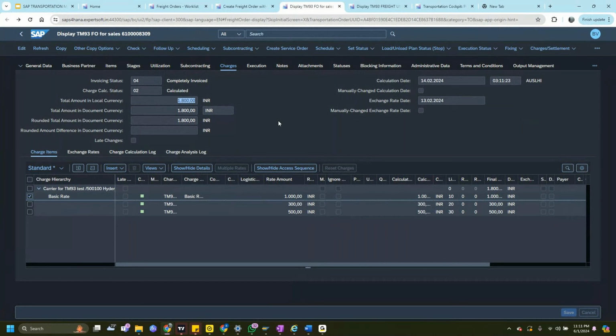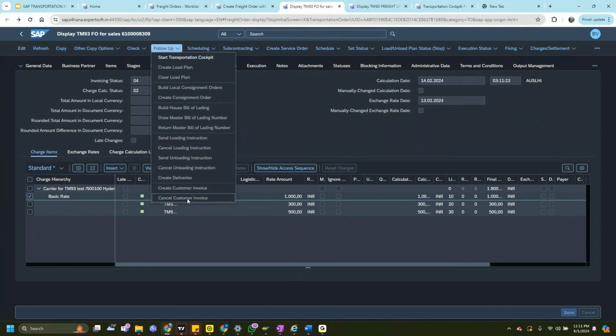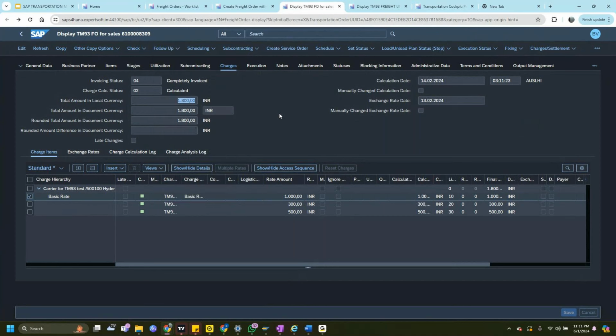Our planning is ready now, and as a transportation planner, we have planned everything, and now we are transferring it to the delivery team, or let's say the S4 team again. So we trigger our proposals from here in the follow-up actions. We create deliveries. This will send a proposal to the sales order that is created, and that will create a delivery out of there. If that delivery is relevant to the EWM system, then that's again our responsibility as a TM person to integrate this freight order into the EWM delivery side.